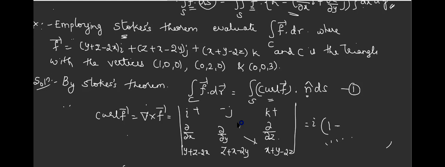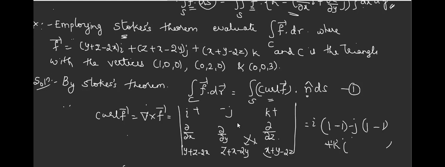Isn't it 1? What is the derivative of this term with respect to z? 1. Minus j into, with respect to x? 1. Derivative of this quantity with respect to z? 1. Plus k into